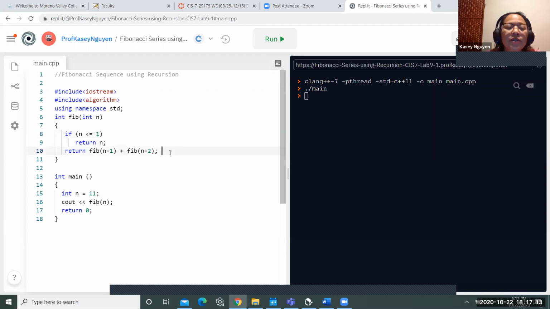Okay. So this is using a recursive function. It's going to take the value, it's calling itself. So it calculates what n minus 1 would be, it's going to add it to n minus 2, and it's going to return it. And it's going to take the return value and plug it in as it displays it at the end. And when we run this, we would see that it will be 89. Okay, so inside the main, we mainly call on it to do a display or show a cout, but we have to state what that end value would be.